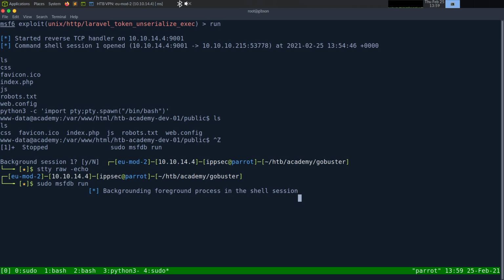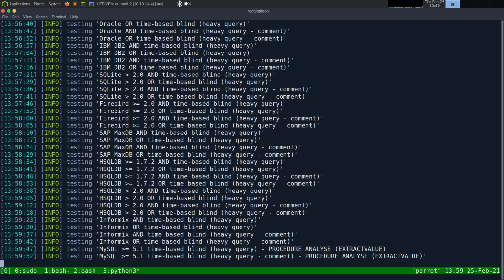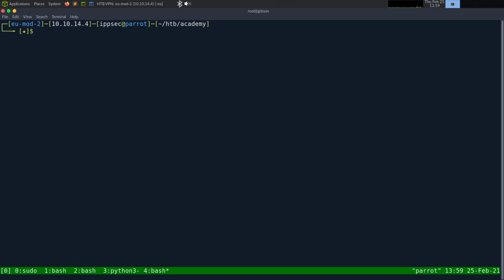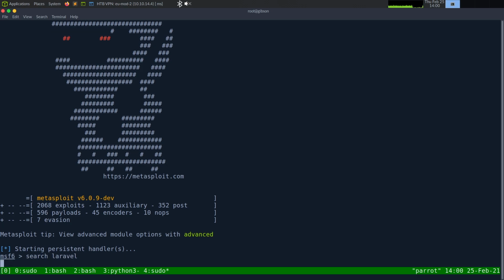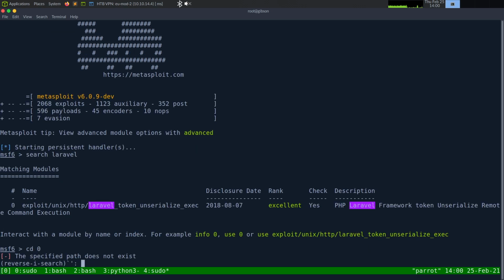So I don't know how to fix this, so I'm going to kill this tmux pane, and we're going to redo Metasploit. Lesson learned, you can't do the TTY trick to get a full shell from within Metasploit. I should have known that one, but it was worth trying. Let's search Laravel, use 0,